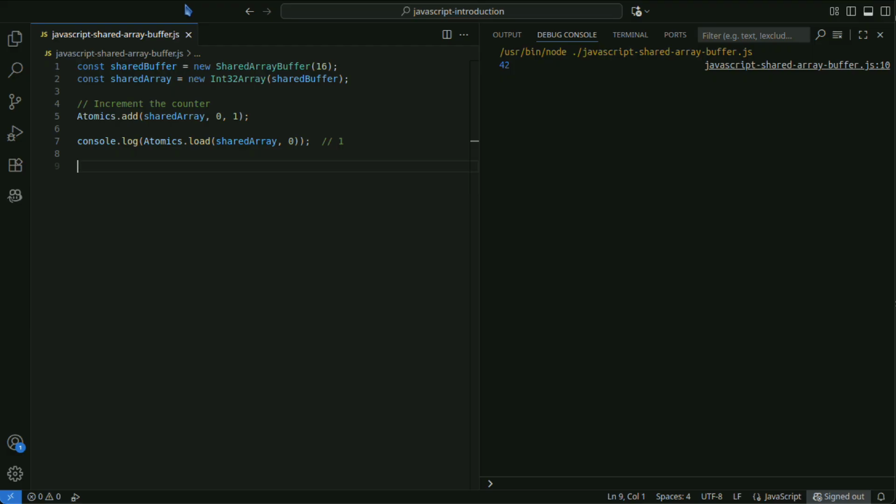Atomics.wait blocks a thread until the value at a specific index in the shared memory changes, while Atomics.notify notifies waiting threads that they may proceed. This enables safe waiting and notification between multiple workers. However, Atomics.wait cannot be used on the main thread and is only available inside workers.